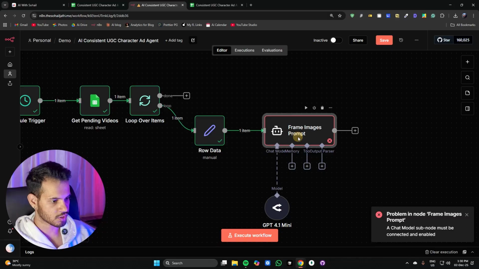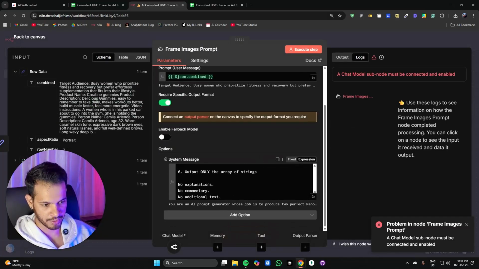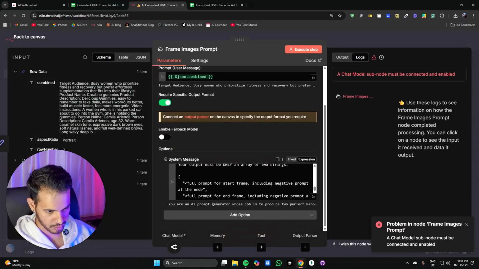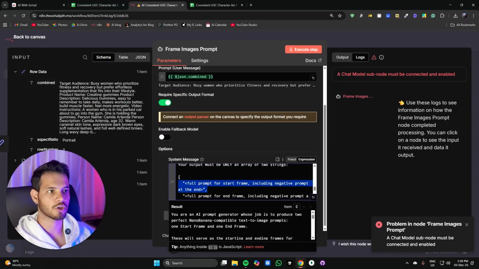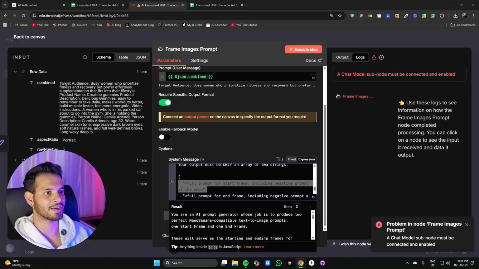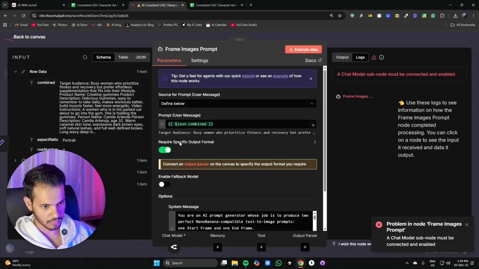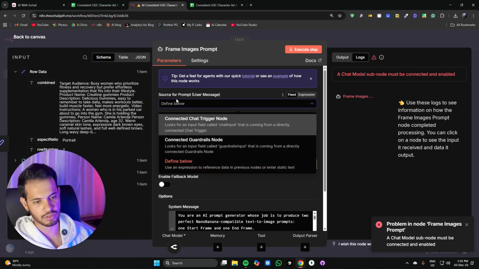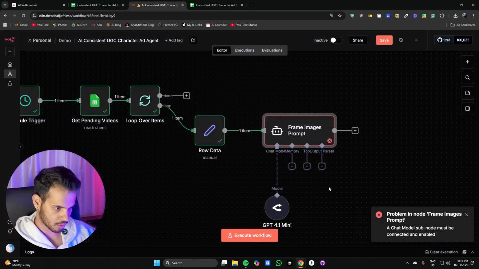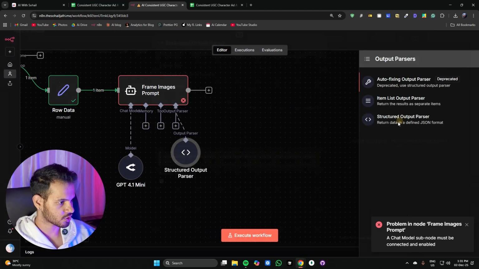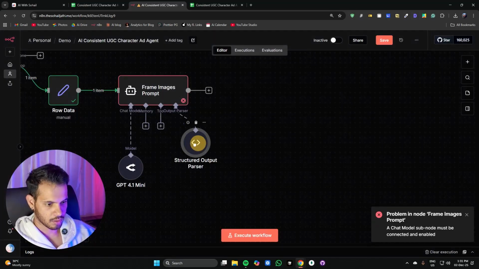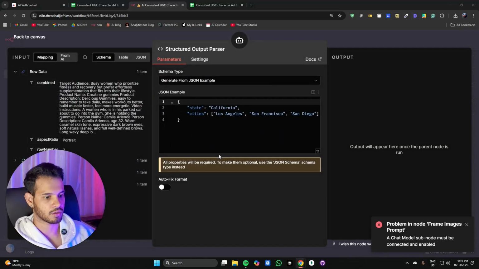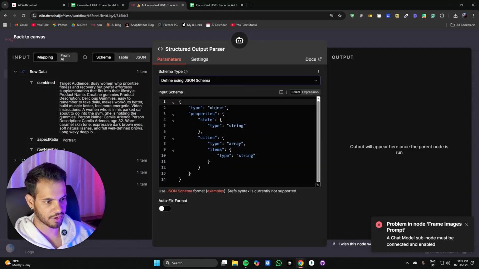Let's move. Then also, since we required output in a particular format, I must have mentioned it somewhere. Okay, it needs to provide me two strings in an array. So we need to validate that, and how we are going to validate is by using a toggle called require specific output format, and you have to select define below, not connected chat trigger node, that is the default one. Okay, after that you have to click here and select structured output parser and assign your data